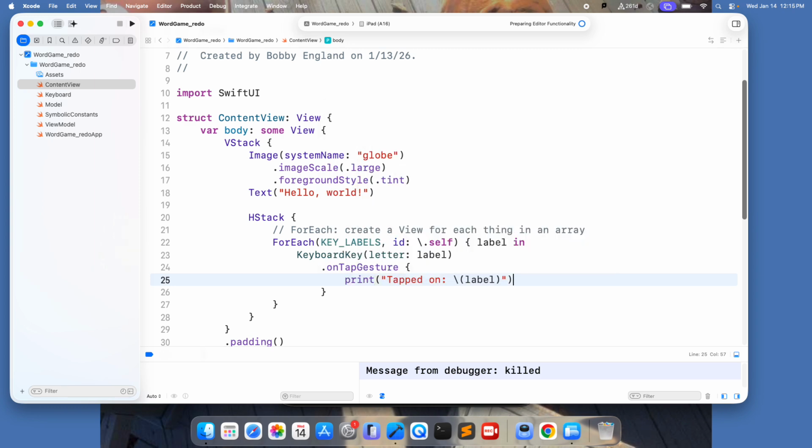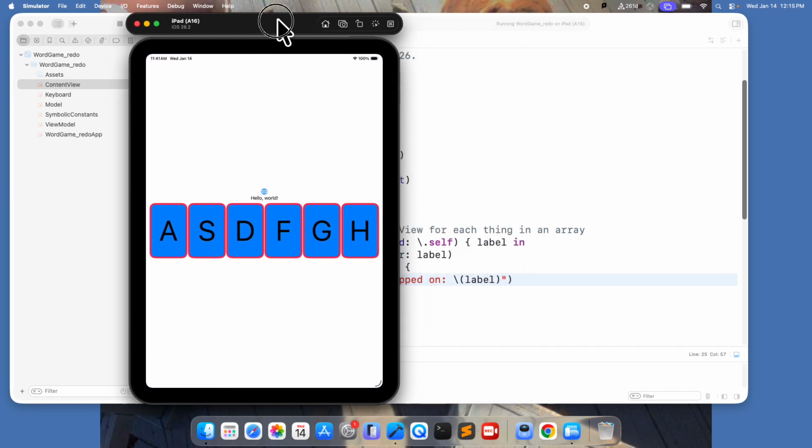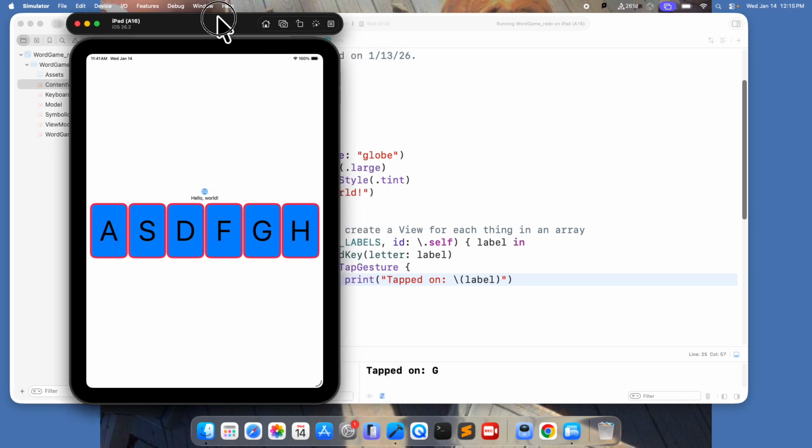Print, tapped on. Look at what the AI did for me. Tapped on, and then it tries to print out the label. Now, it better not give me an error because most of that line was their own original creation, they being the built-in AI autocomplete. So let's see what that does. It didn't break anything. I'm going to hit G. Look at what it did down in the console. Tapped on G. Tapped on S. It is